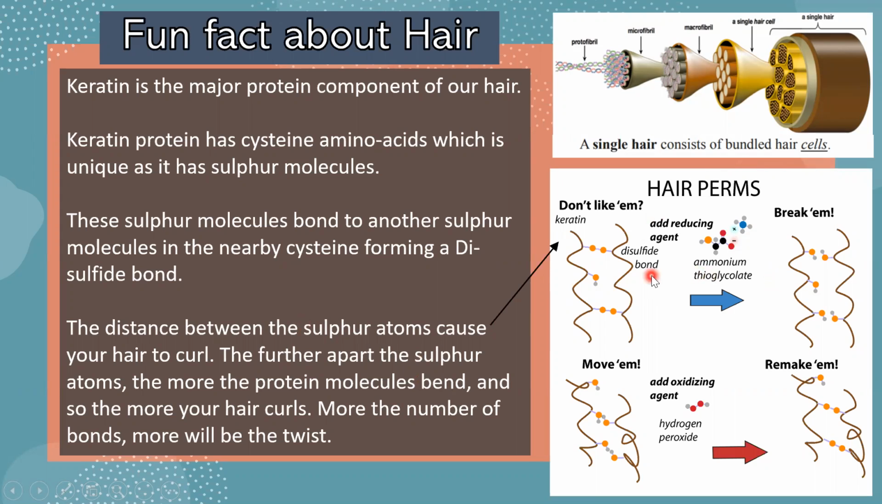And so there is a sulfur atom, which forms a disulfide bond. The distance between sulfur atoms causes your hair to curl. The more disulfide bonds, the more it curls. So you add a reducing agent and then you can break them and straighten them. Or the other way around, you can add an oxidizing agent and remake those